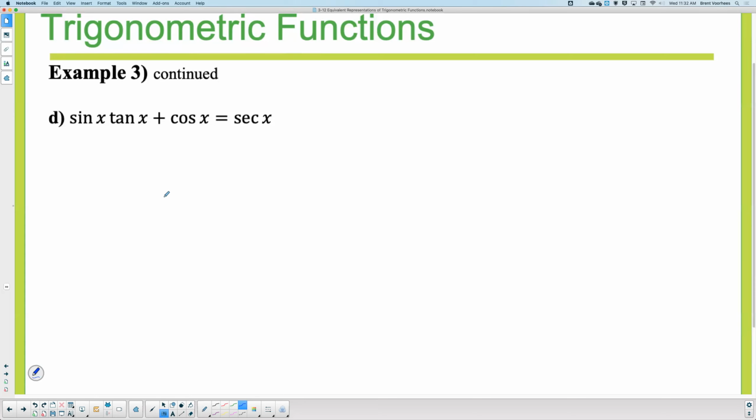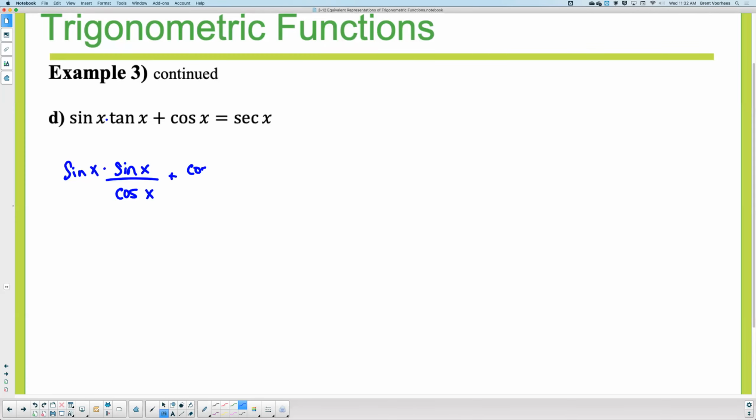So I'm going to go through here. Sine, I rarely change sines and cosines. Those are the most basic. Most everything's based off of sine or cosine. The identities are. So I leave that alone. I could change the tangent. What do we know tangent is in terms of sines and cosines? Okay, so I'm going to change that to sine over cosine